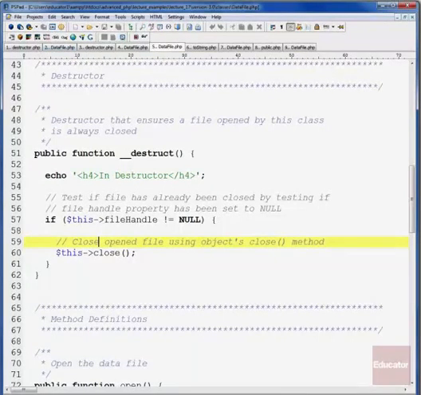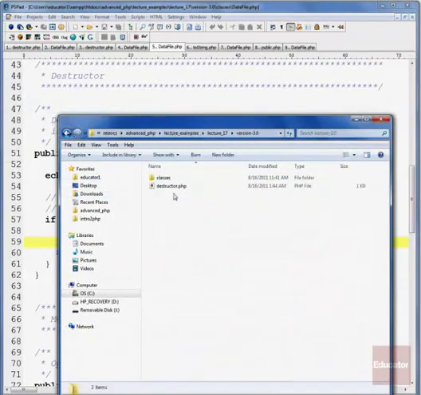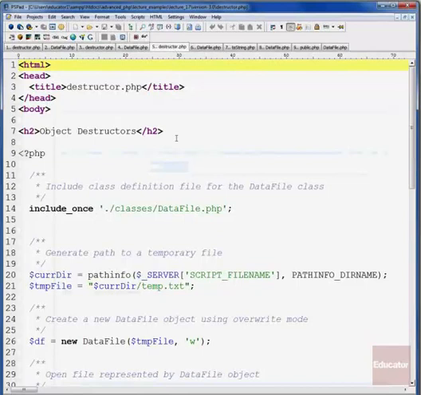And let me open up. Looks like I accidentally closed one of the files. If we look at